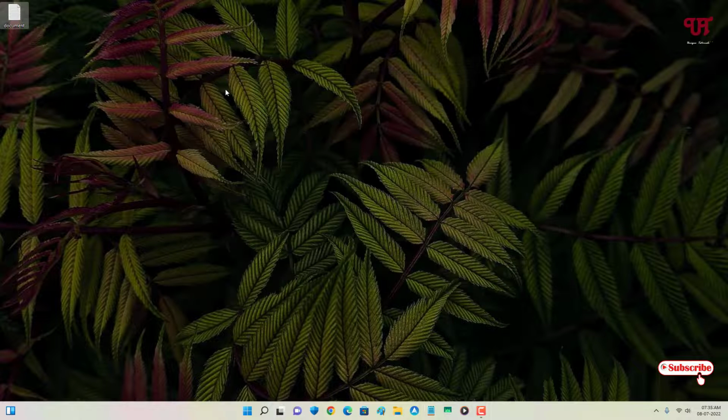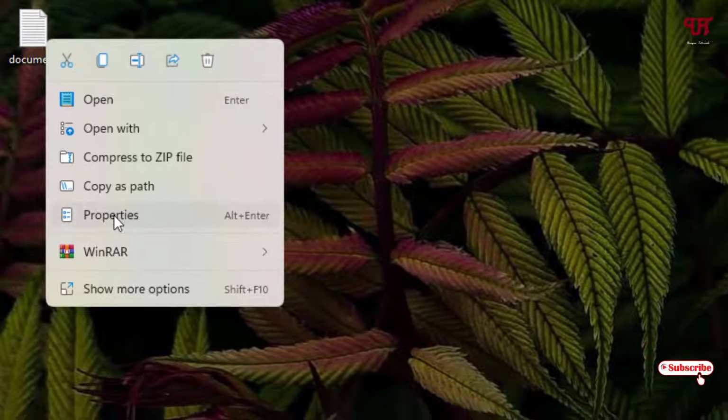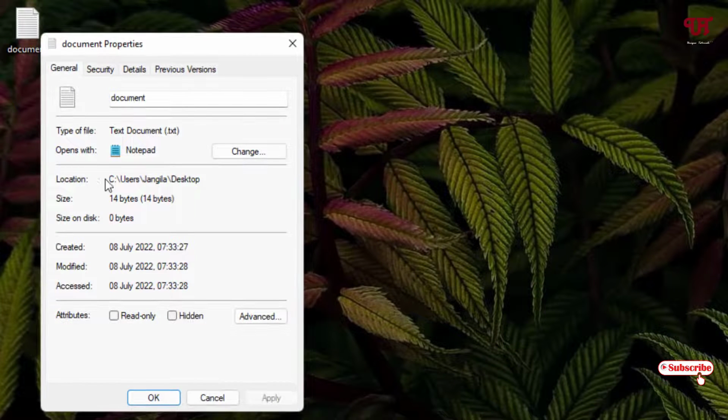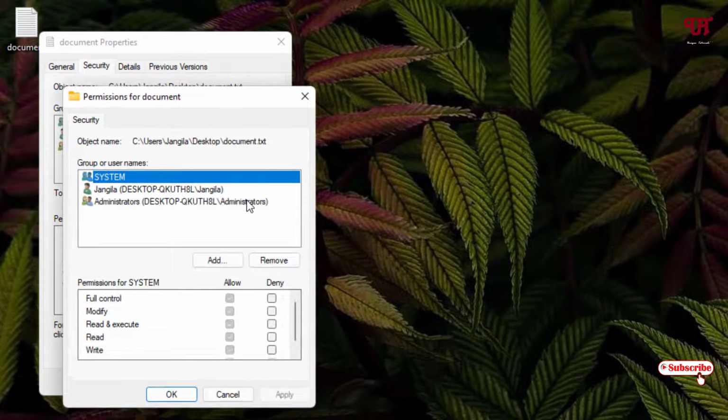For this, what you need to do is just select the document file that you want to make unviewable, right click on it and click on properties. Now here you can see the security tab above, just click on it, and here you can see edit, just click on it, and now just select your username,